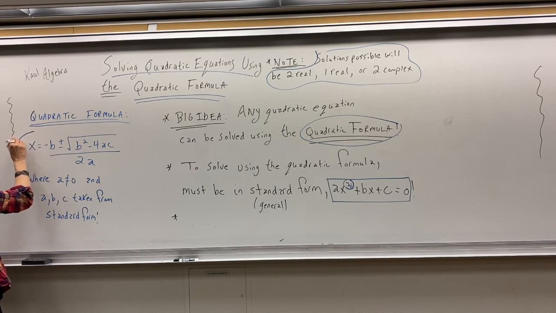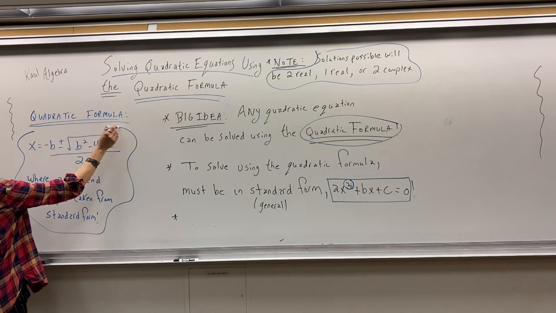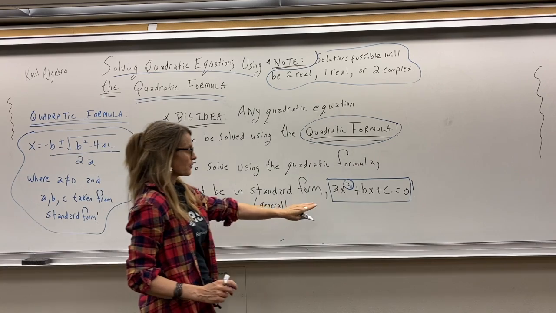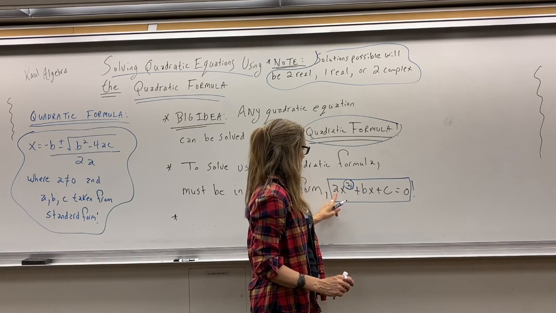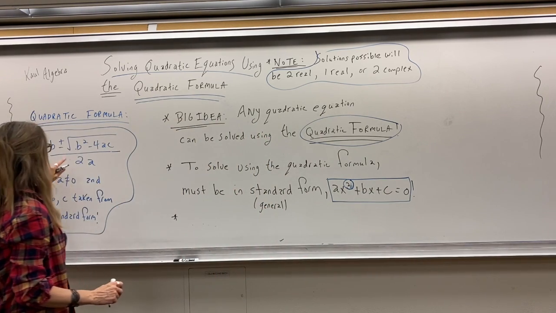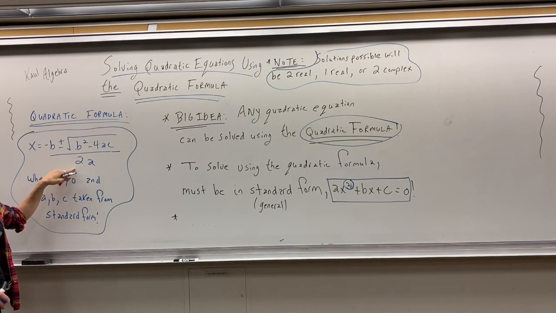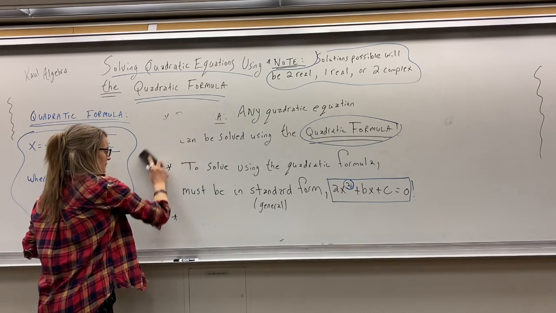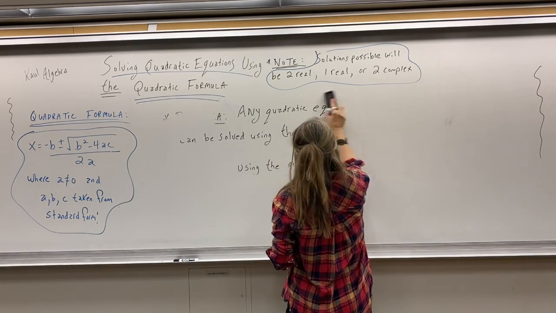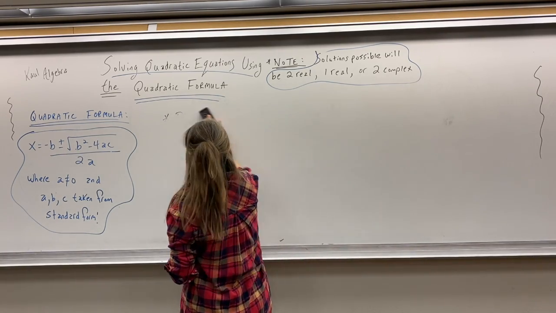Okay. So here's the formula we want to apply. And the idea is to identify your a, your b, and your c correctly. So once you have it in standard form, you identify your a, b, and c, and then you just substitute those a, b, c's in here, and you simplify. Okay? So the way you use it is to: